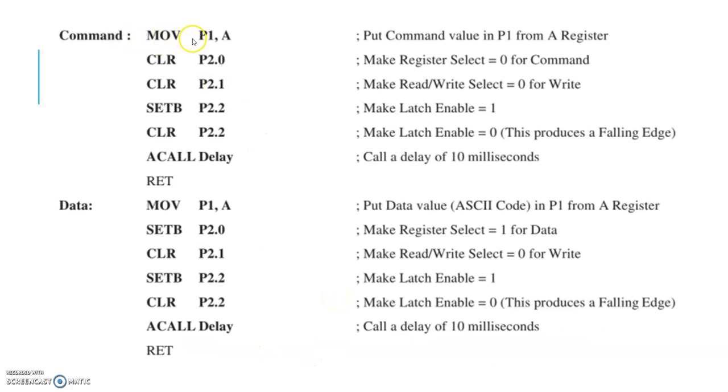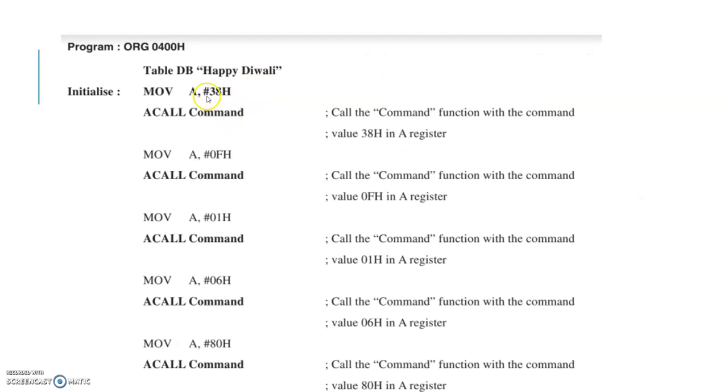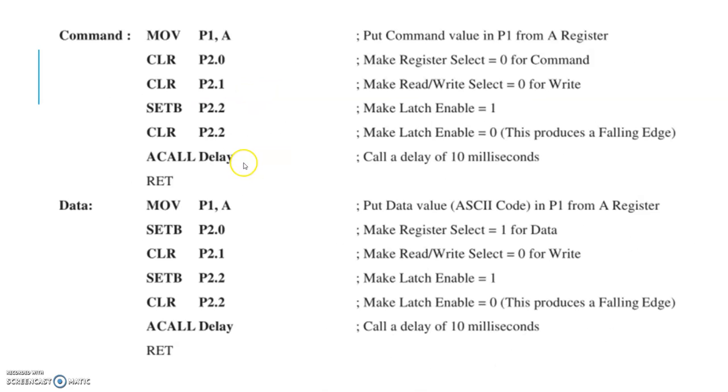Here, this is the command function. For the command function, we are moving the command, the code that we pass here is for the command. So this is placed in port 1, that is where the data bus is connected. And then we clear P2.0 and clear P2.1, that is register select 0 and read/write equal to 0.